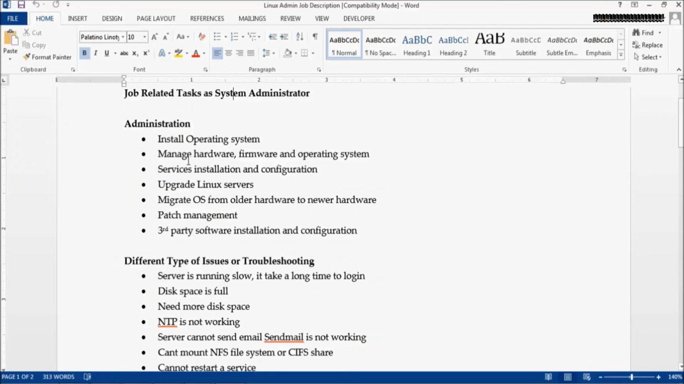So the primary administration responsibility is that you will be dealing with installing the operating system, managing the hardware, firmware, service installation and configuration, upgrading Linux servers, which we covered, and migrating the operating system from older hardware to newer hardware. You could do that by installing a newer version of the operating system on newer hardware and moving all the applications. Patch management, we'll learn that from the yum command, third-party software installation and configuration,